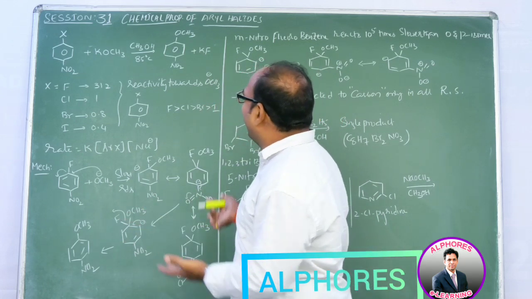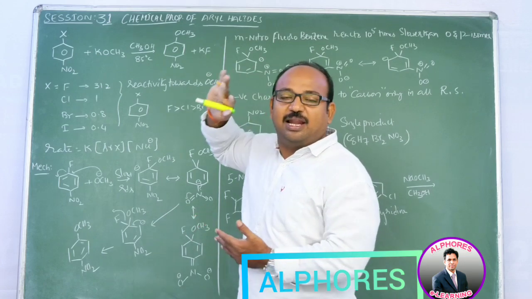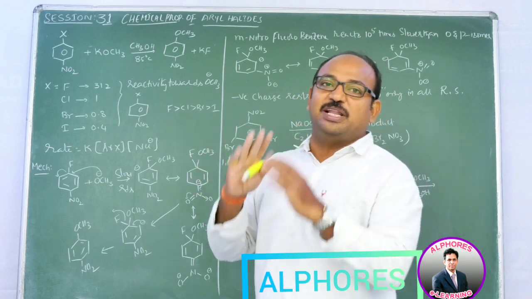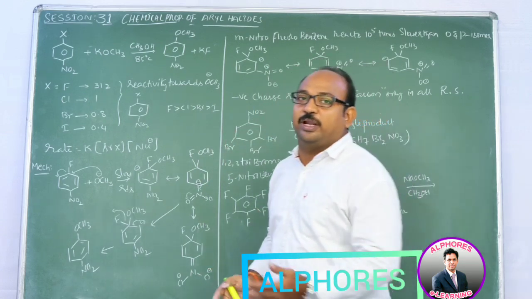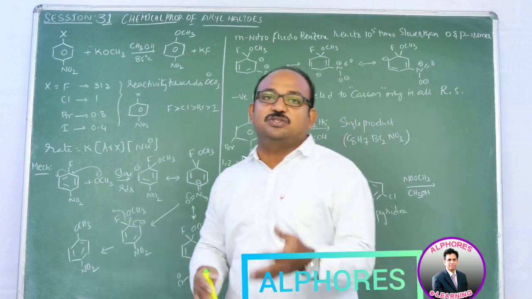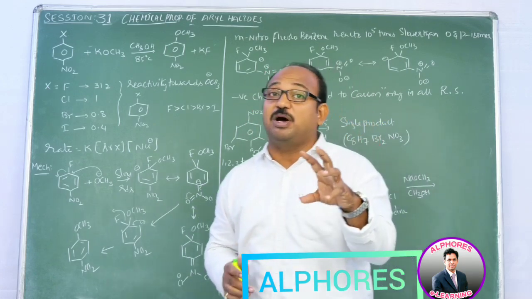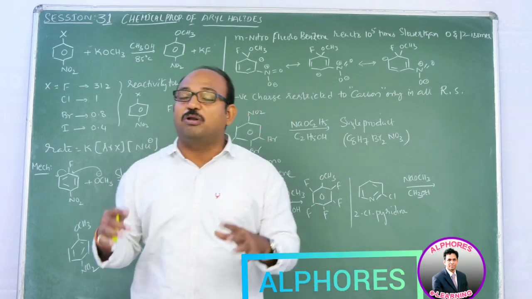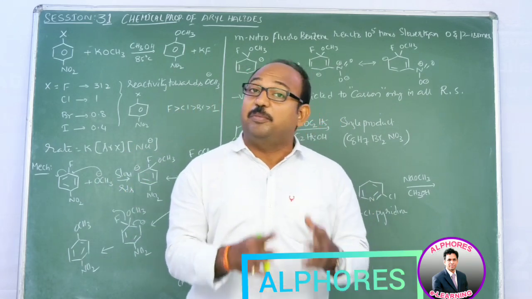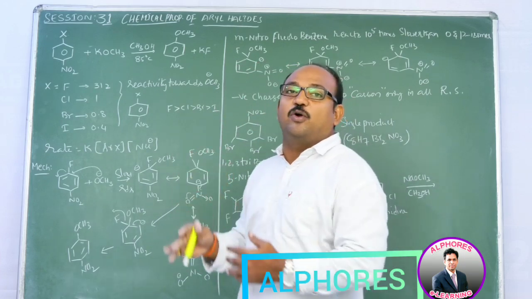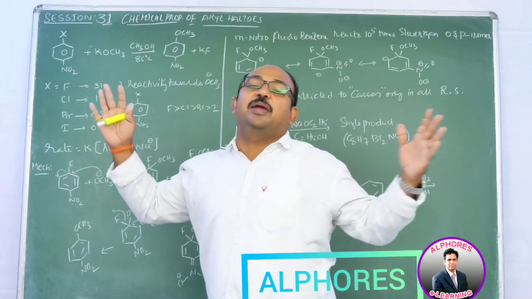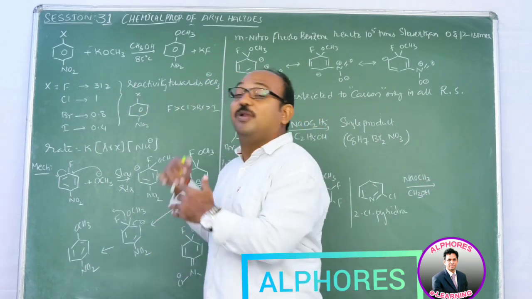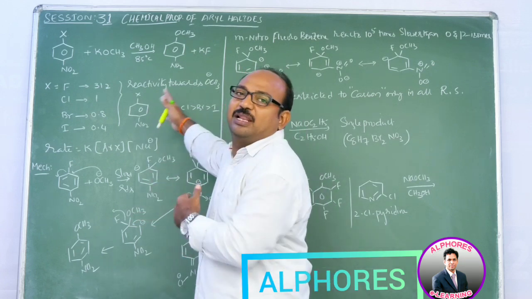So why is it like that? You mentioned that in alkyl halides, iodides are good leaving groups. They have more tendency to leave, and ease of displacement is very high. And in the case of fluorine, you mentioned that the C-F bond is a strong bond because of fluorine's small size. Obviously, bond length is less, so bond energy will be more, and more energy we need to supply for breaking the C-F bond. In the case of iodine, because of large size, the C-I bond length is more, so that bond will break easily. But what happened here? You are saying the reverse order.